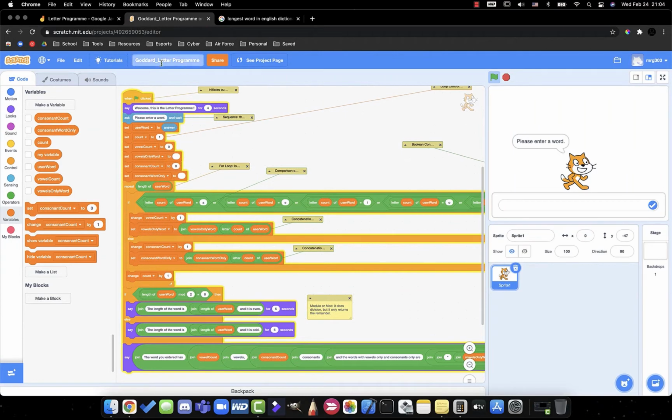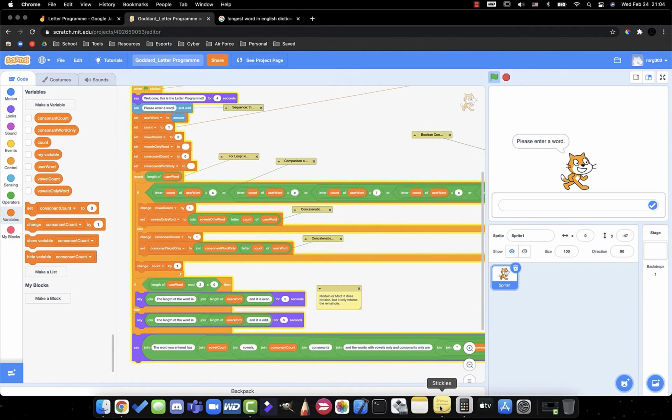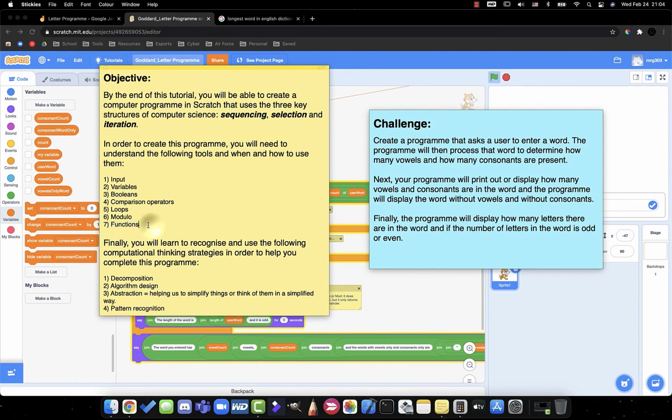Okay, so we're back with our letter program. Let's look at functions. If you remember, this is the very last thing we need to do in our objective. And we also need to talk a little bit about abstraction. You might think of this idea as almost being the most important concept out of all of these things